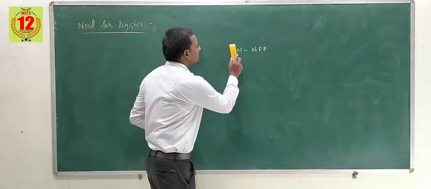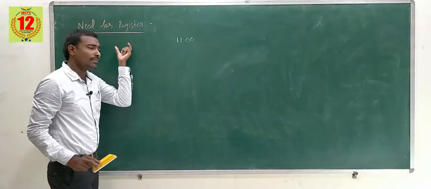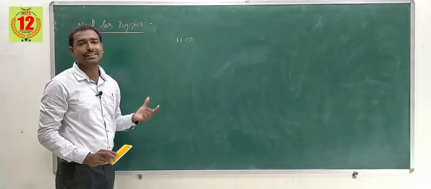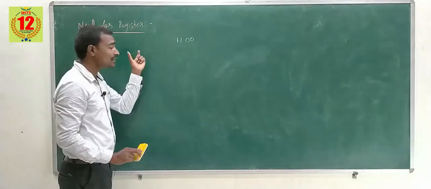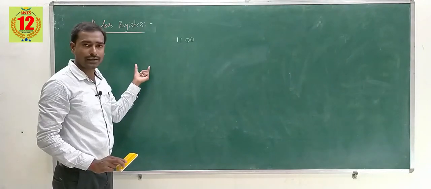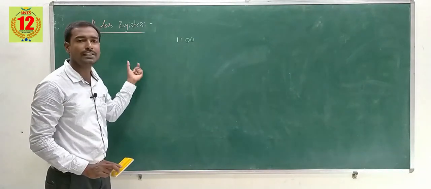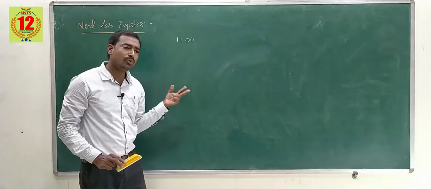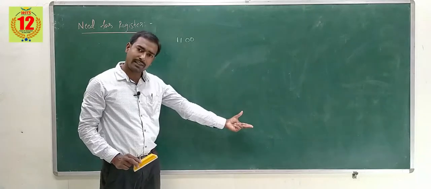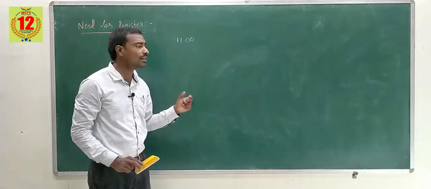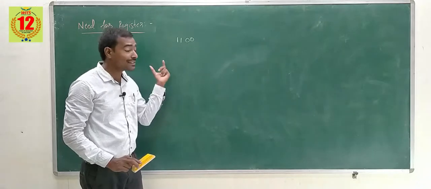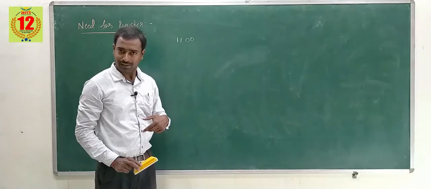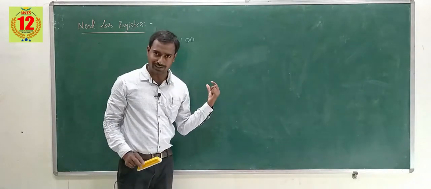Coming to this register, the use of register is that registers are used to store temporary data, and registers also have the capability of shifting the data. Shifting the data means the input is shifted to the left side or right side. Based on the shifting of the data, the registers are called left shift registers or right shift registers. Here we have types of registers.